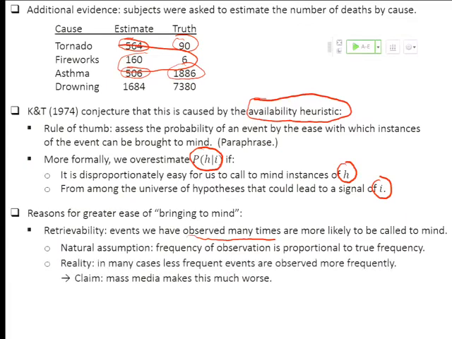The problem arises when our observations of reality are not based on a representative sample. In many cases, less frequent events are observed more frequently, or with greater salience. Okay, so here it's pretty right. I mean, we don't have tornadoes here, so nobody cares unless they're a fan of Alice in